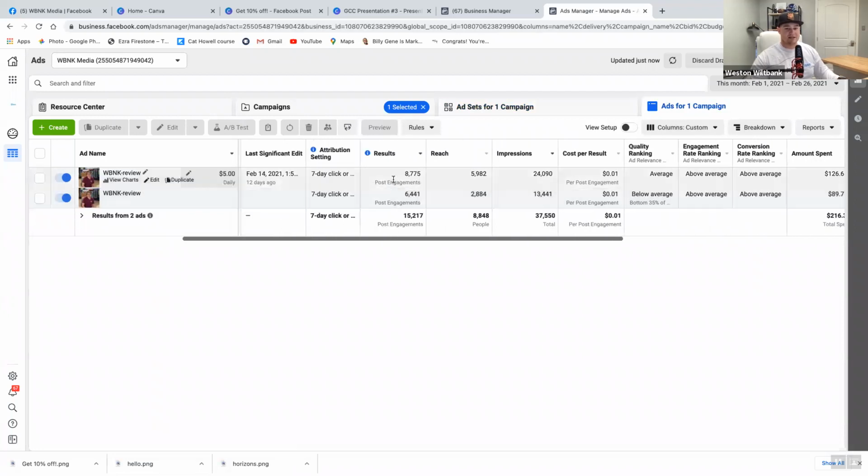Now, it's giving you all kinds of stuff, right? Reach, impressions. Reach right here is all unique, meaning 5,982 people were reached. That's each individual person. But each one of those people saw the ad roughly 4.5 times on average. And the same thing with this one, 2,884 people saw the ad individually, but there were 13,000 impressions, meaning that each person on this one saw the ad